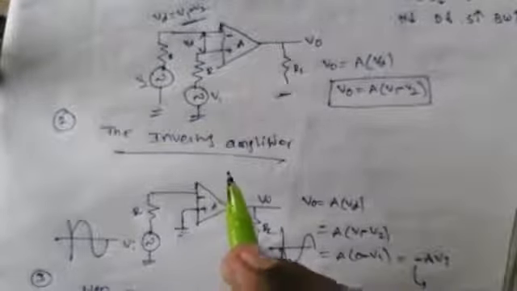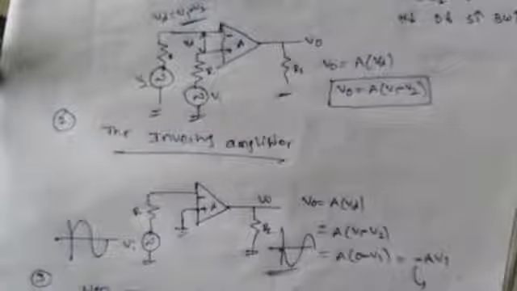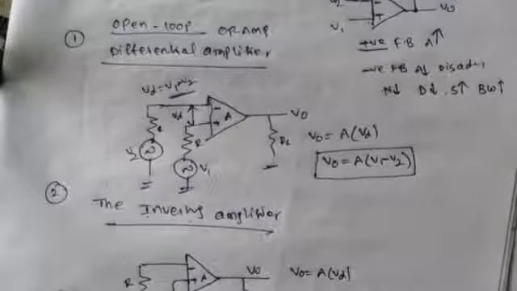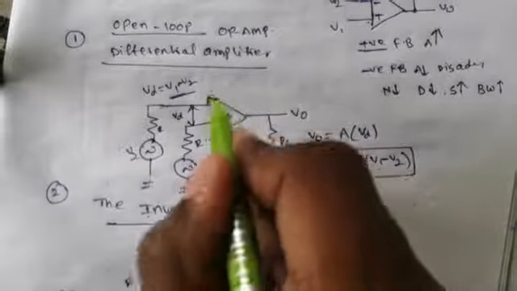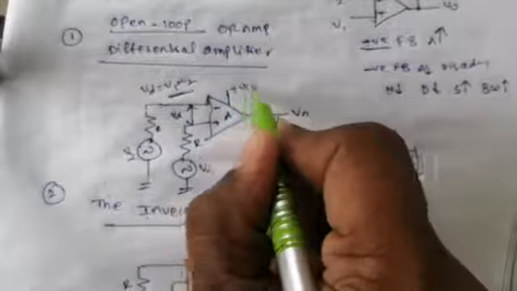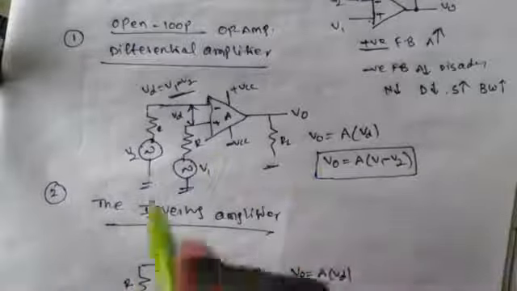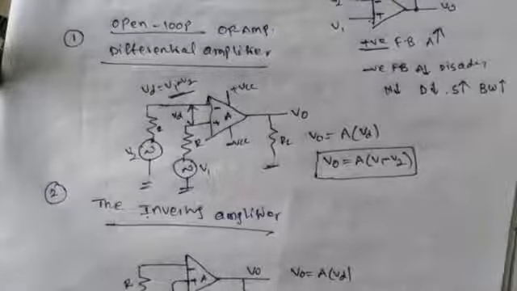In these three modes, there is no feedback path. That's why it is called an open loop operational amplifier. This open loop operational amplifier is limited to the corresponding supply range, that is plus VCC to minus VCC only. If large values appear at the input side, there is no use. That's why, to drive large values of input signals in an operational amplifier, we go to a feedback path. That feedback must be negative feedback.